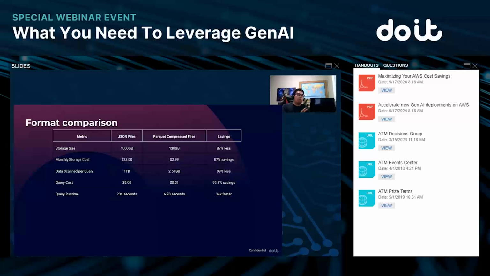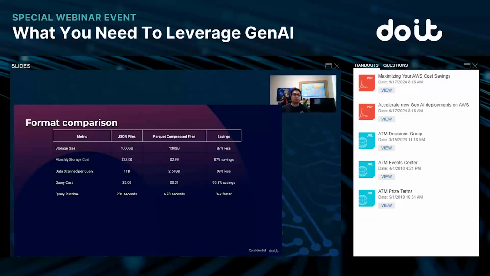Now, when you're talking about data scan, this is going to be important for GenAI, because GenAI is going to be accessing these data files. Every time that you ask a question, it's going to go and start looking through these files to find the answer. So if you have JSON files and you're accessing them, you're going to scan 1 terabyte. But if you have it in Parquet files, that's 2.51 gigabytes of scanned data.